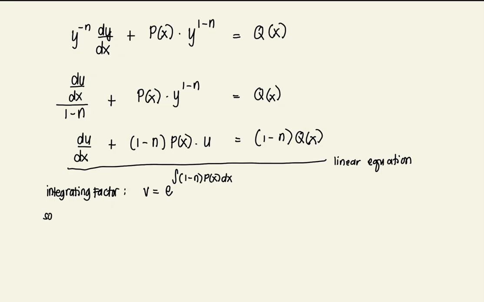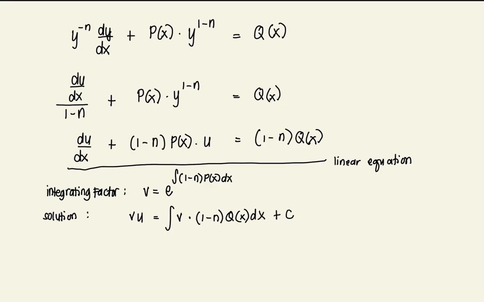And our solution to the differential equation, if you recall, is your integrating factor v times your dependent variable u equals the integral of v times the term here, which is (1-n) q(x) dx,